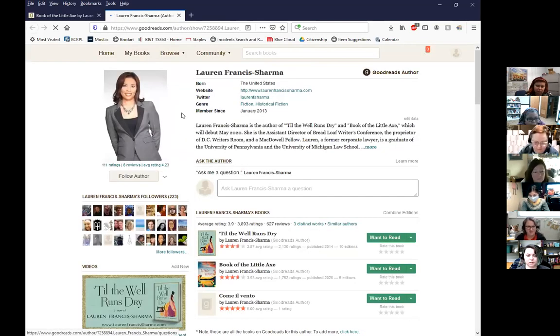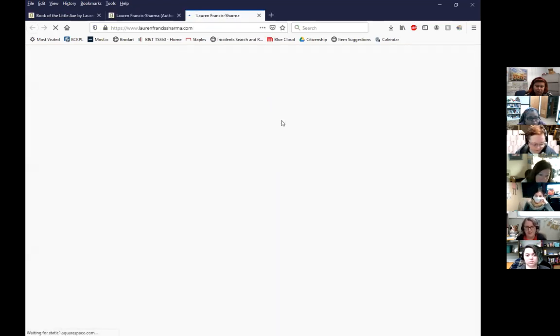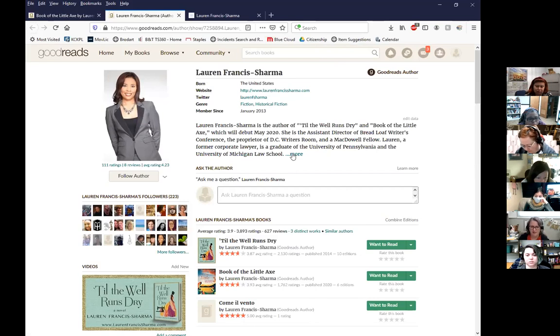This Goodreads does have a picture. The chairs did decide that we can look at a picture and try to judge some of the things. So I did put Lauren Francis as female and then Black or African American, but by the little synopsis here,